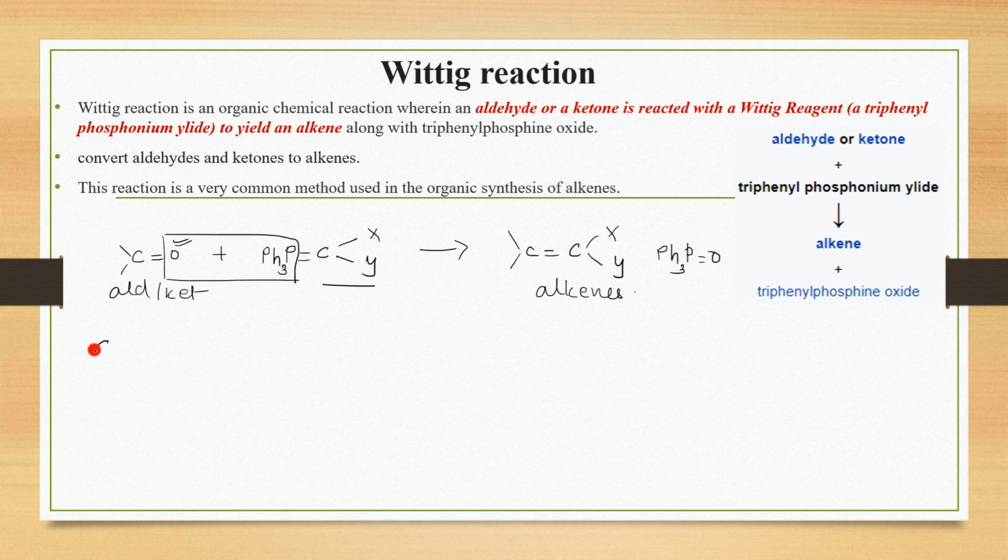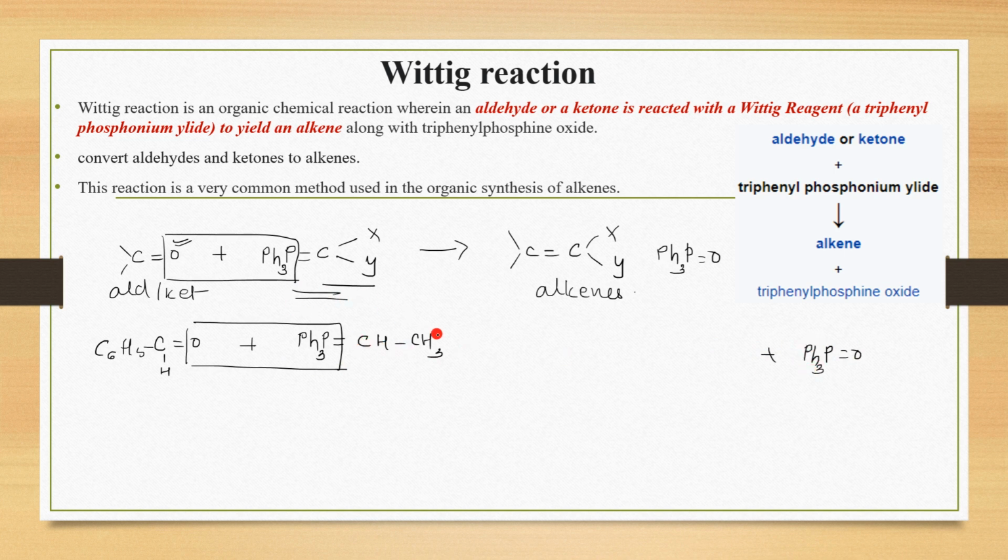So for example, let's take benzaldehyde. This is benzaldehyde, CHO, right? And you take any organophosphorus ylide, so let's say CCH3 double bond PPh3. What we will do, we will just remove this PPh3O. That is a common product in all the Wittig reactions. Whenever you want to identify a Wittig reaction, just look at this. If a PPh3 sort of compound is written, it's always a Wittig reaction.